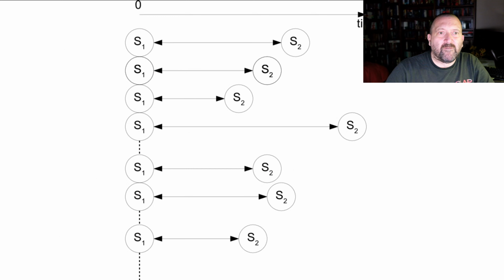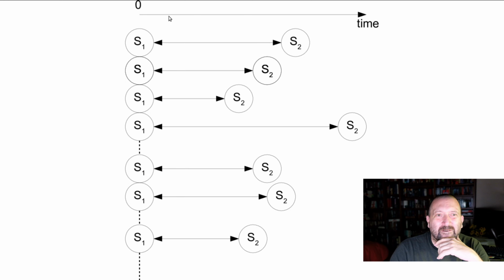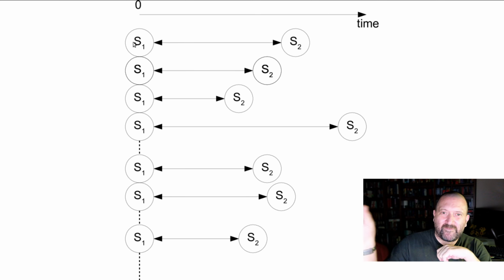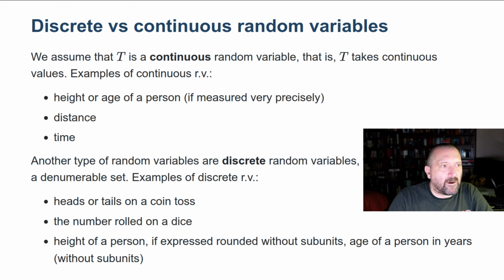So the setting is something like this. I have the arrow of time at the top, and then I have a bunch of systems, infinitely many of them. Each one of them I let evolve through time, and I write down the moment at which the switch occurs. T is going to describe these durations of time between starting the experiment and switching into state S2.